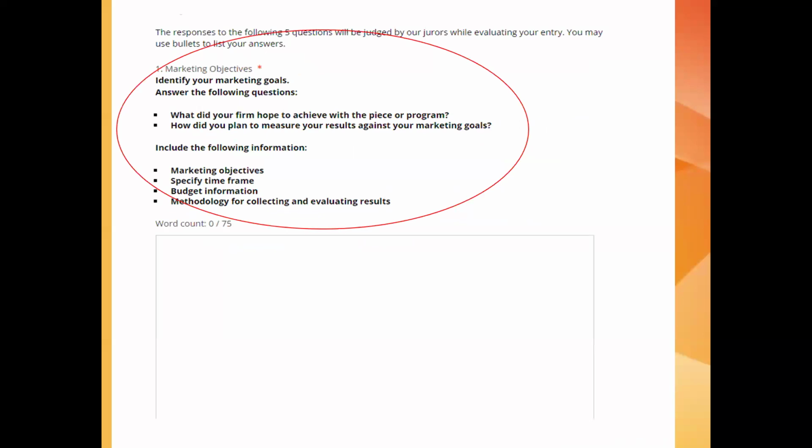So this is a screenshot of the actual entry form. And the first section is marketing objectives. And specifically, there are questions there that they're asking: what did your firm hope to achieve with this piece or program? How do you plan to measure your results? And then additional ideas of information that you will want to share there: your objectives, of course, the time frame,